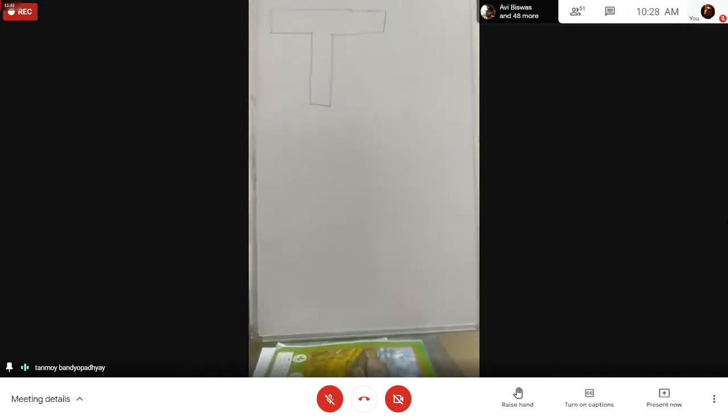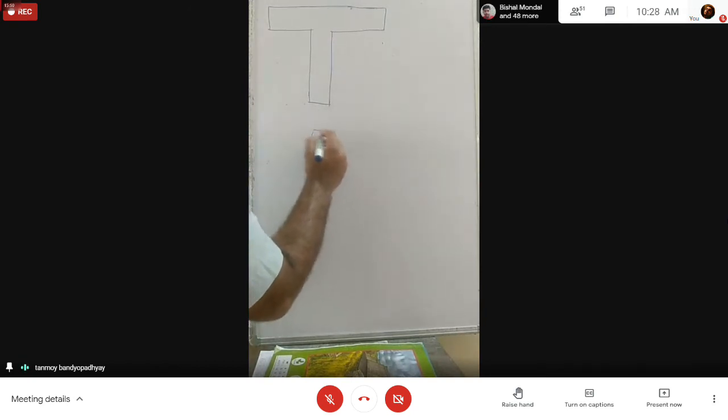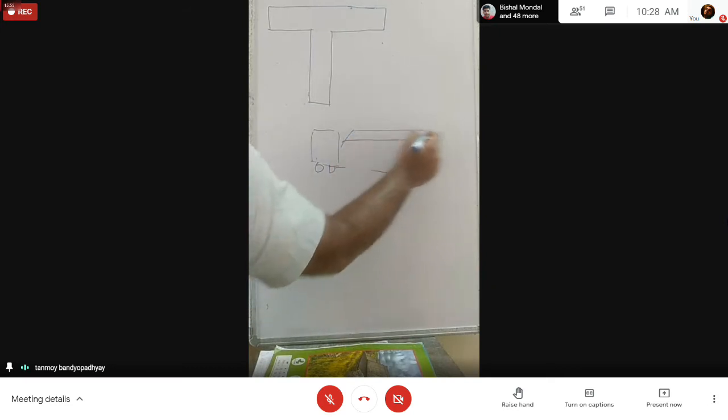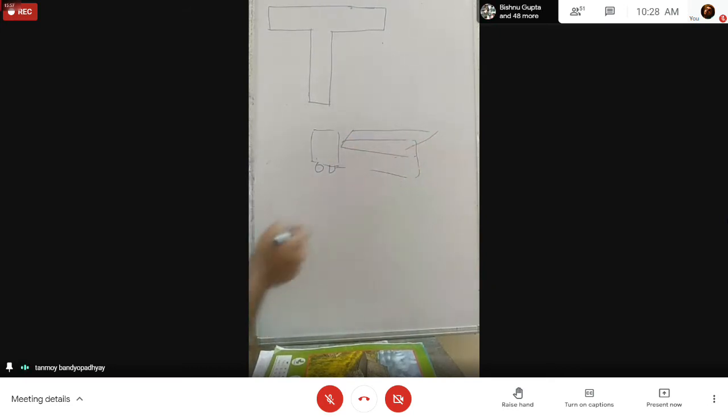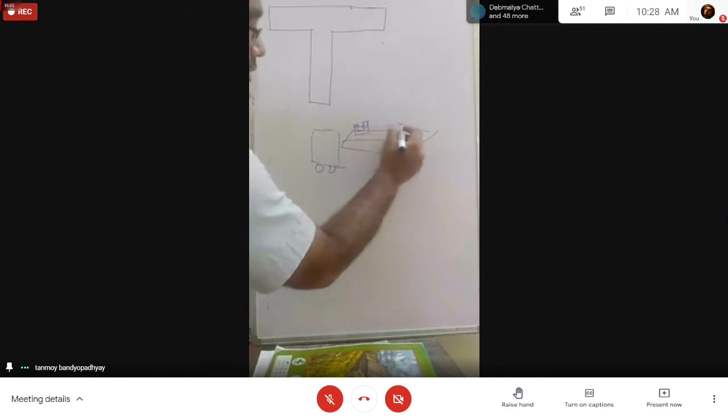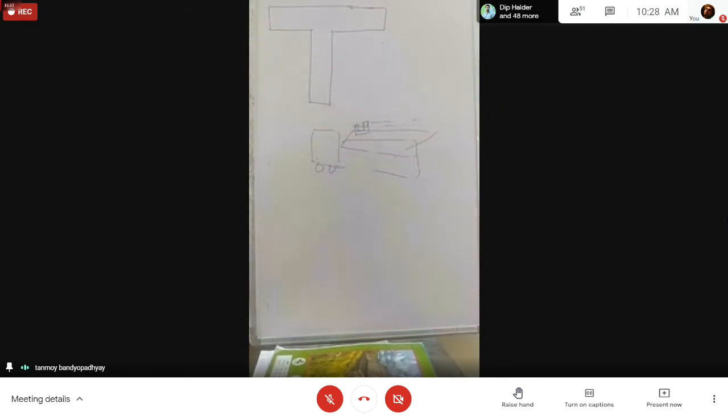So if you see the automobile chassis, suppose you are having an automobile. This portion, the weight carrying portion, is called the chassis of the automobile. If you see this chassis, the cross section of this is something like this. Okay? This cross section is followed because it has a higher bending modulus.